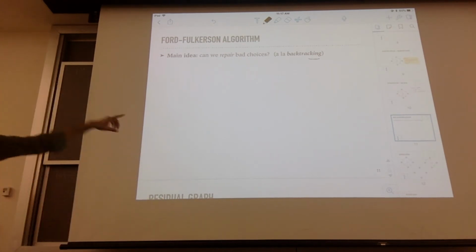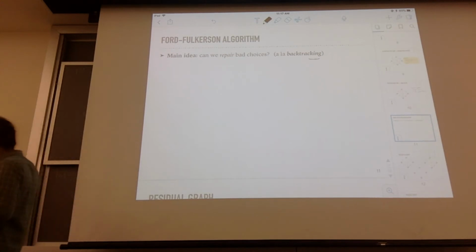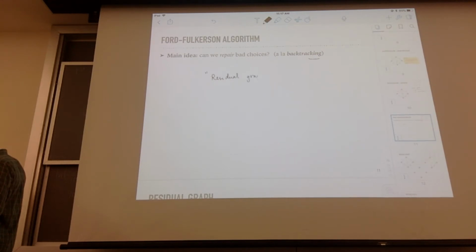Okay, so this is the main idea. Let me introduce it. The idea is you want to repair these bad choices, and they do so by introducing what is called the residual graph. The main idea is if you are given some flow F, the current flow,